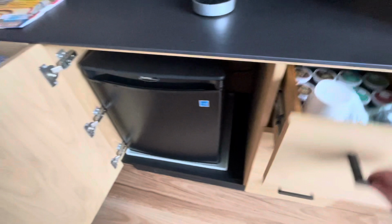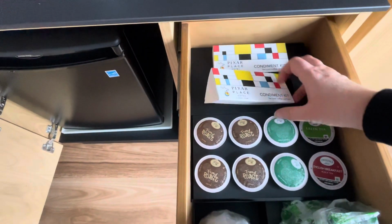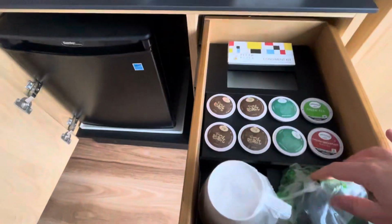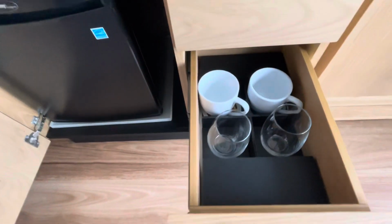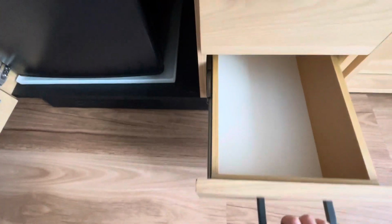But there is a fridge, and then, oh, look at all the coffee stuff. And look, that's so cute. Look at that. And then lots of coffee options. And more mugs, and more wine glasses. I don't know why they're drinking that much wine. And that one's empty to put stuff in. We've got